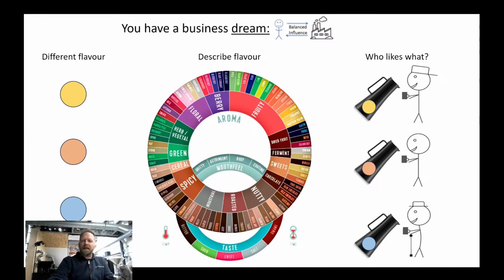Once you have described the differences, you can start to do your consumer data, where you are throwing these samples up against different consumer segments, and then you will learn who likes what, which you can use strategically in your business plan. So you can use these data against who you've decided to scale your business up against. This is sensory science. It's really simple. It's only these 3 questions in a sequence.